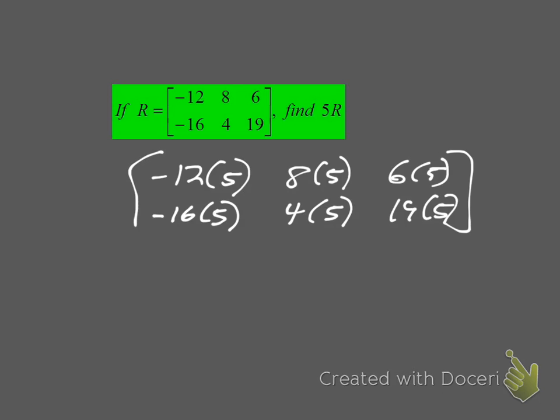All you do is go through and multiply everything by 5. So -12 times 5 gives you -60. 8 times 5 gives you 40. 6 times 5 gives you 30. -16 times 5